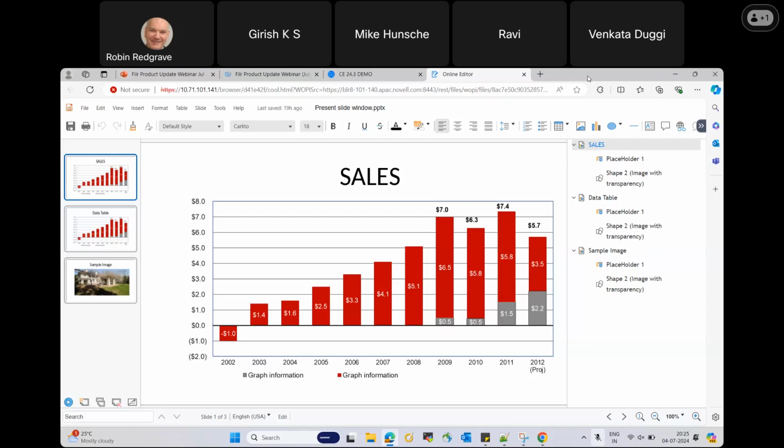Sebastian is asking which Collabora Online version this is based on. I think this one, Girish, is it 24.04.3.4? This is 24.04.3. Okay. And .4 is coming out soon. Sorry, I was preempting you to get the .4 in there before it's released. No, you're right. I think probably 24.04.5